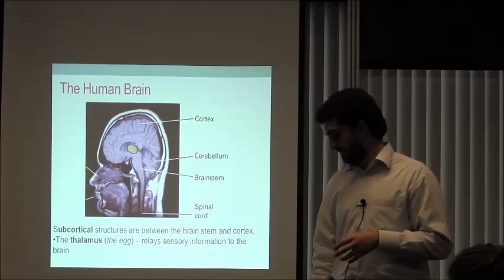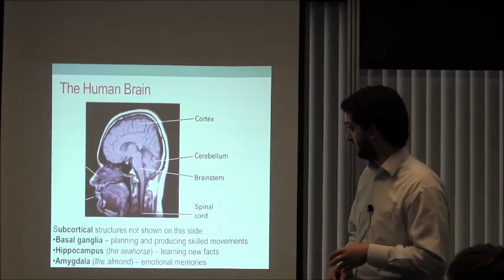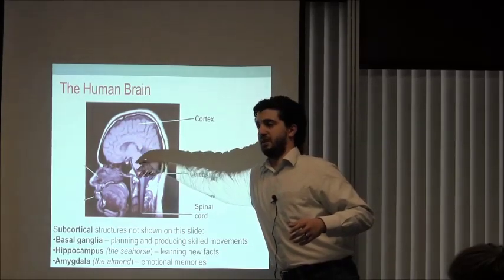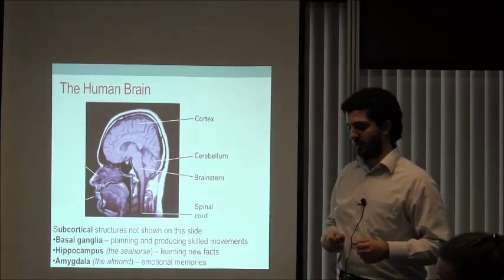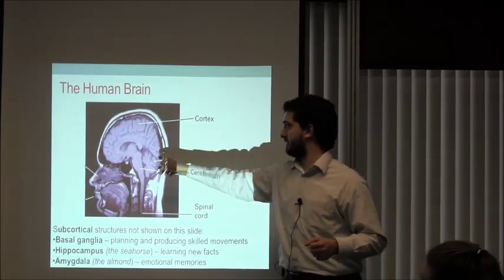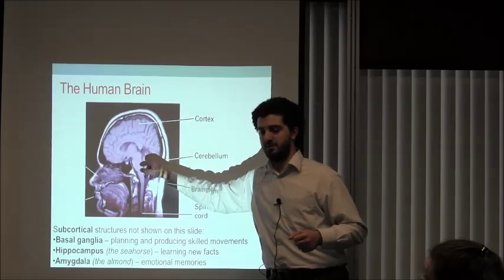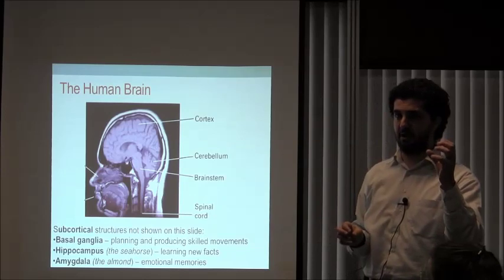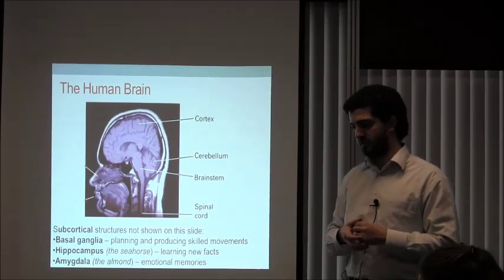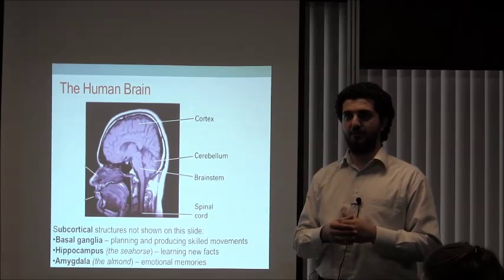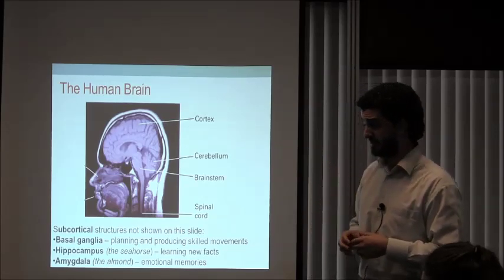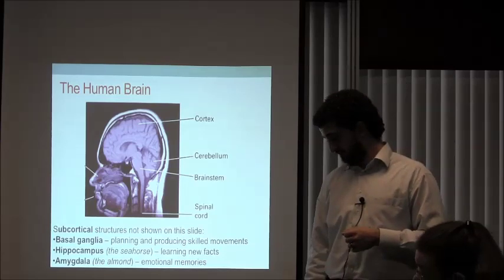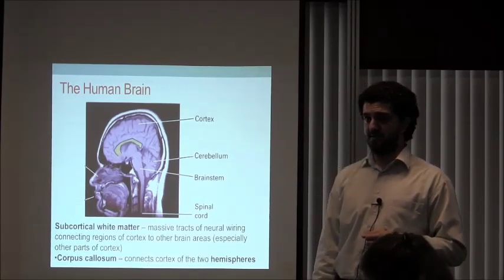Other than the thalamus, there are many other structures, such as the basal ganglia, which is a little bit next to the thalamus in this area. We also have the hippocampus, which lies roughly here, covered by the brainstem, and the amygdala at the anterior tip of the hippocampus, which is also important. The hippocampus is important for memory formation and storage, while the amygdala is very important for emotional processing and emotional memory. Last but not least is